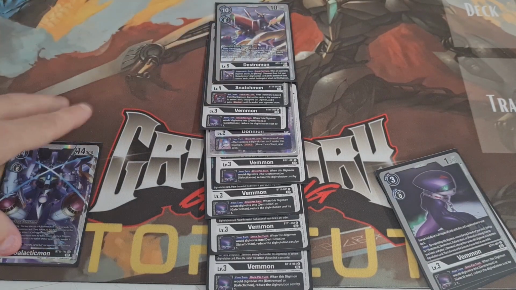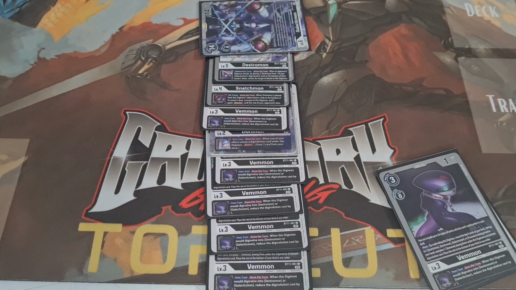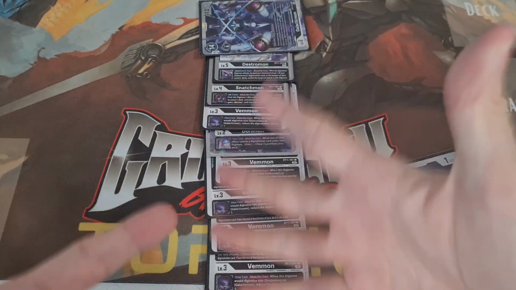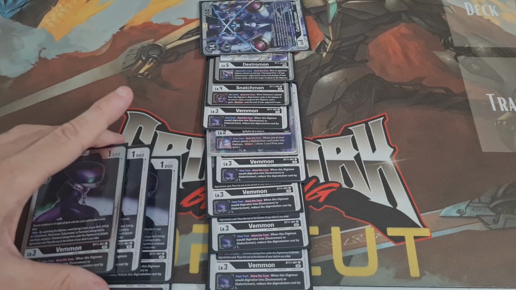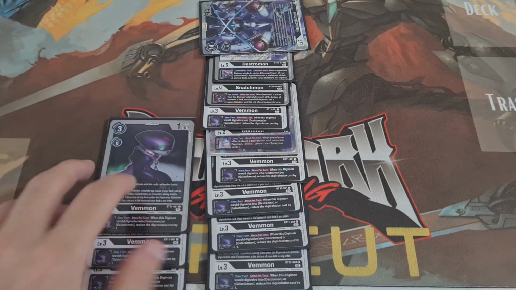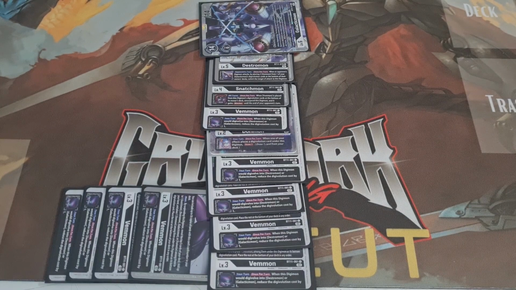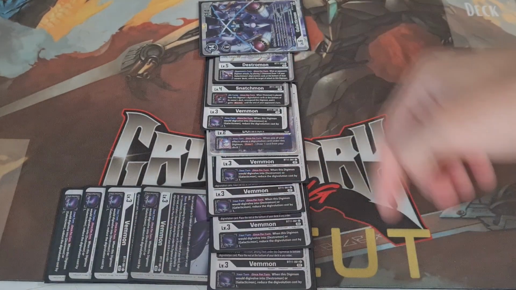So we are going to Digivolve into this Galacti. Now this will cost 5 because we did hit off the Destroymon. Otherwise it will cost 6, which is also fine. This says add 4 Vemmon. That's the remaining Vemmon underneath. I can't really fit them on camera, but look, I'll just put them like this. Now we have 4 Vemmon underneath as well, and now because we have 8 or more Vemmon, and we definitely do,